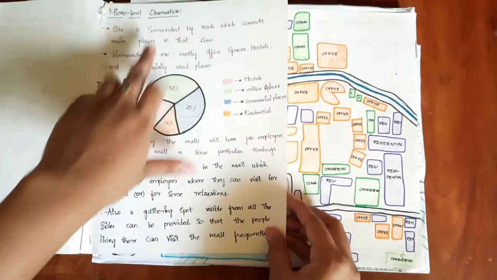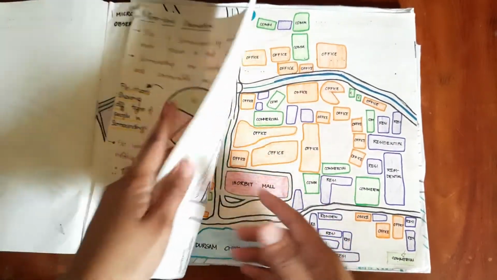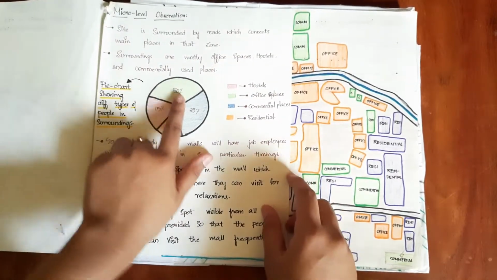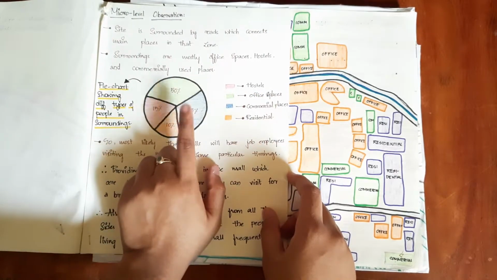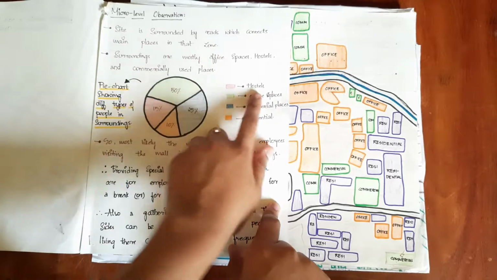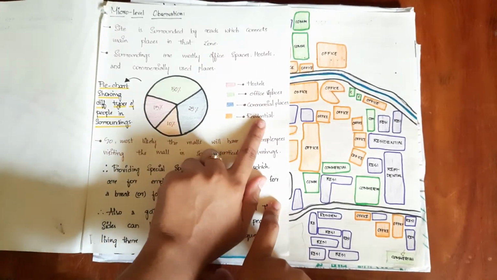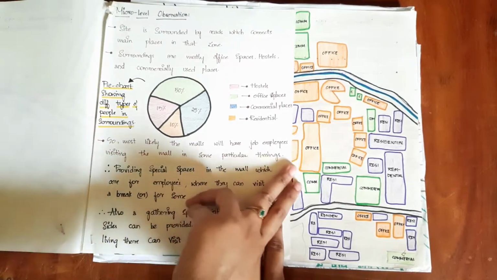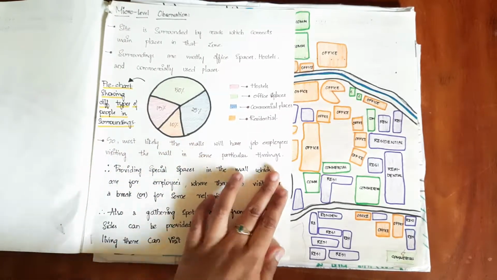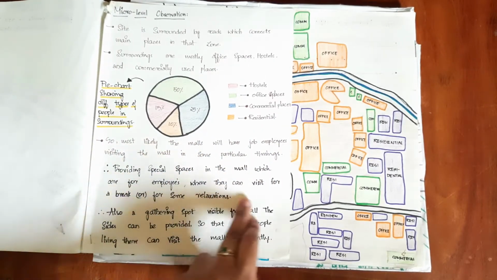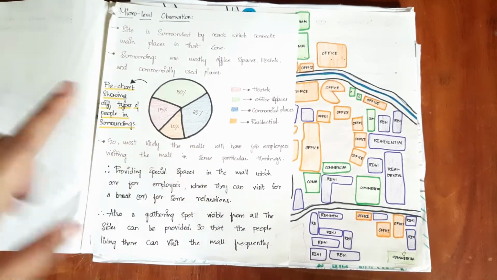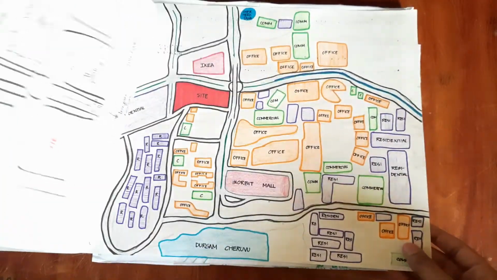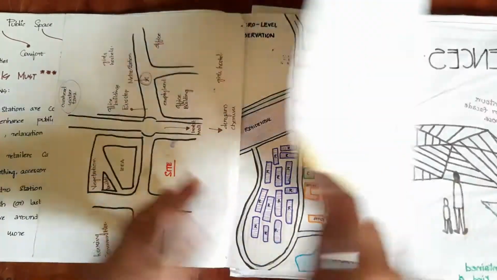Context analysis is nothing but getting to know what kind of people live there, and whether they will socialize properly. These are the pie charts which I've made about the type of people around: the residential people, the office spaces around, the commercial around, the hotels and all. I've segregated them into particular percentages, and based on that I came to some conclusions at the end of the study. One of the conclusions is, as there are many office spaces around, I thought of providing a particular entertainment park or entertainment zone for employees who are working there so that they can chill out in that particular space in my site.